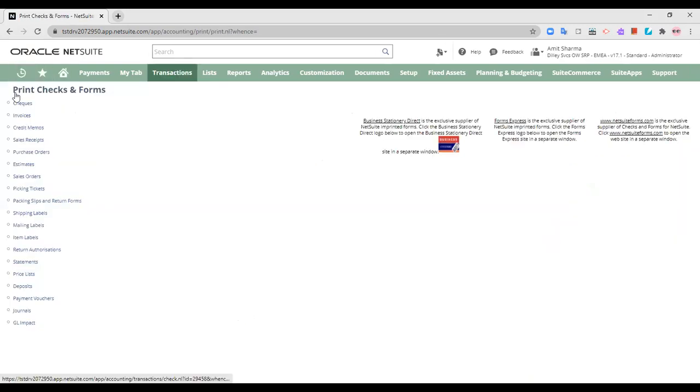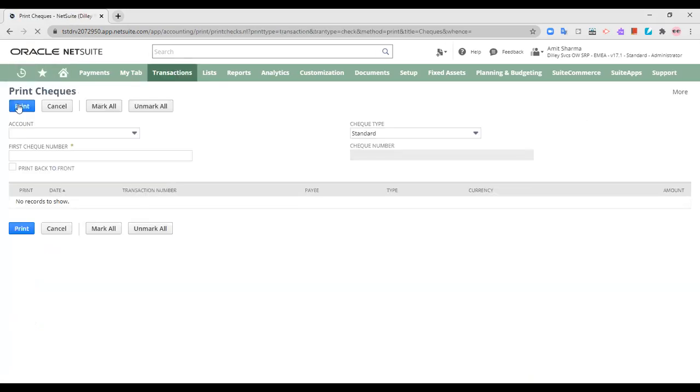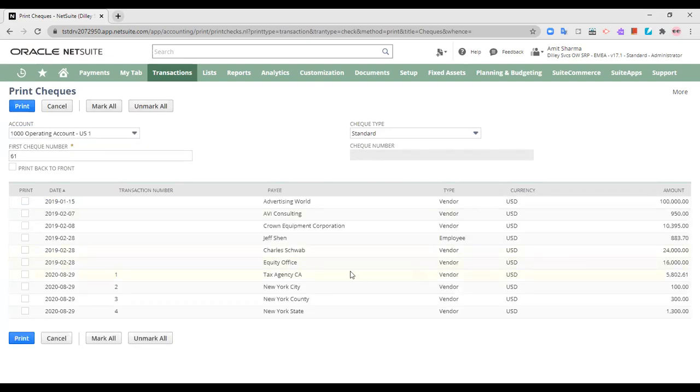Now going on to print checks and forms, the bank account number. As you can see, these are the tax agency vendors that were there in the sales tax payment.